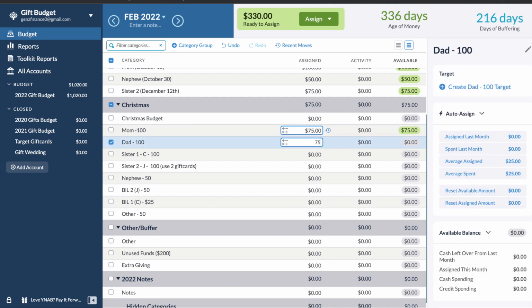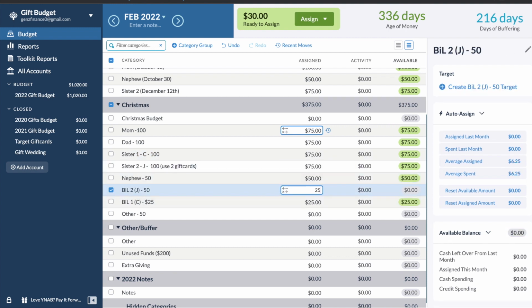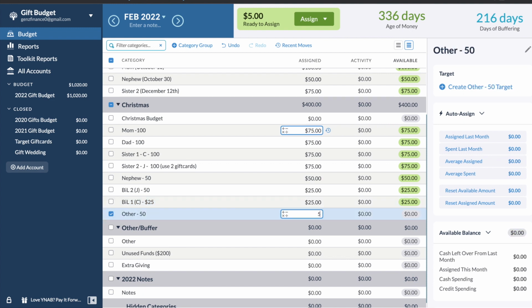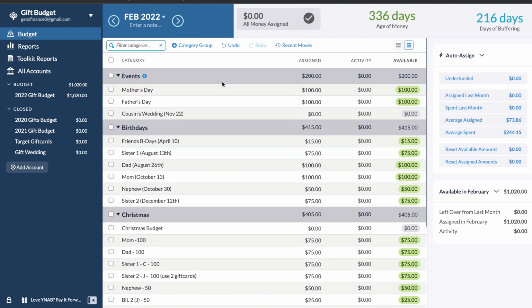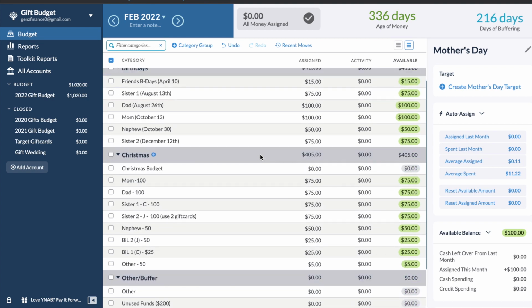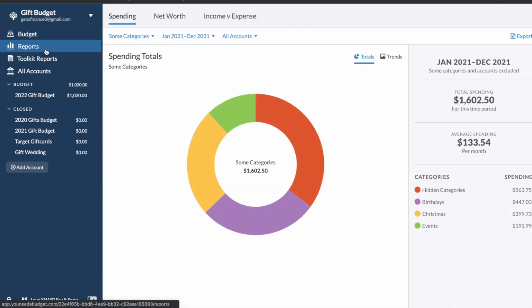Could I do 75, 75, 75, 75, 50, maybe 25, 25, and then that would leave me $5 as a buffer if I did that. And what I can always do is, whatever money I don't spend, like if I don't spend all of the $100 for Mother's Day, I can roll that into Christmas. So if there's leftover for that event, I try to move it into another category. Because if I look at my reports for last year, so this is my gift spending report for